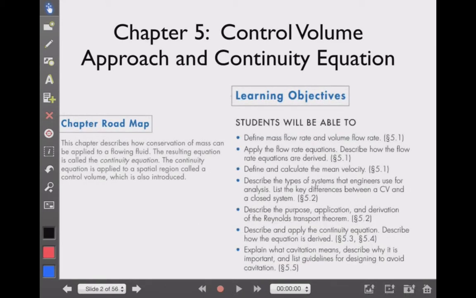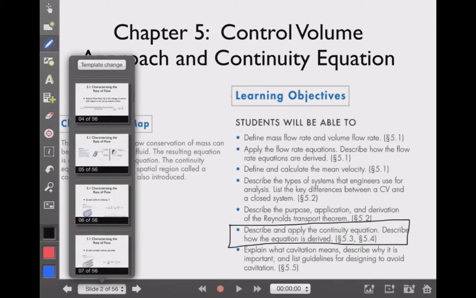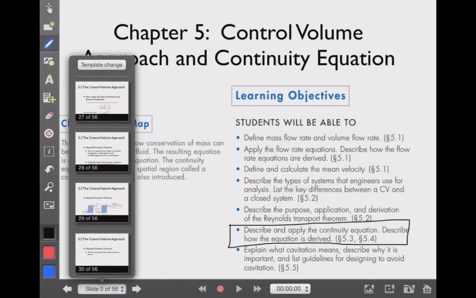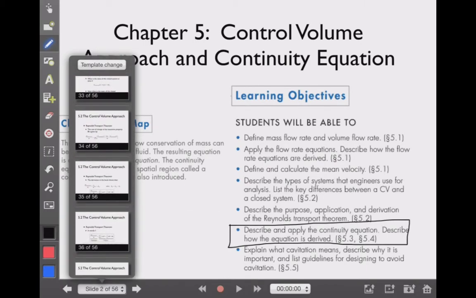So here we are with our learning objectives. We're going to be doing both sections 5.3 and 5.4 together because they're both quite short. Describe and apply the continuity equation, and we're going to describe how the equation is derived, just briefly. And so let's skip ahead now to, let's start just at the end of the Reynolds transport theorem section, slide